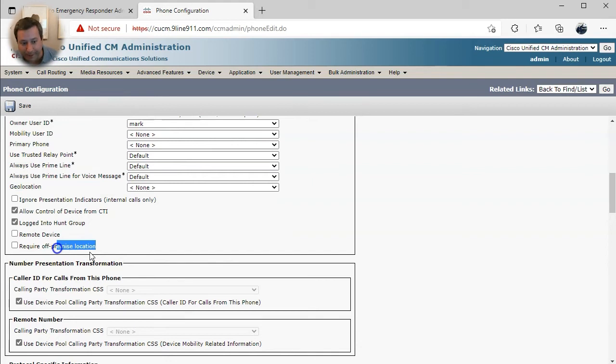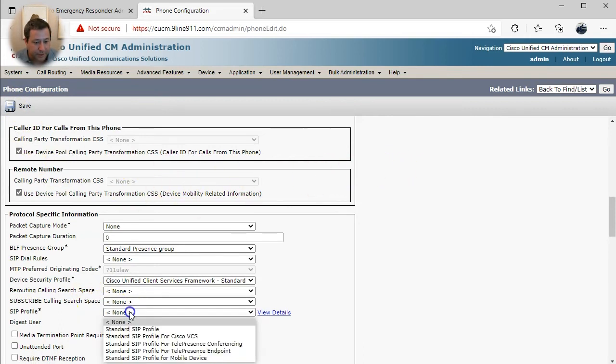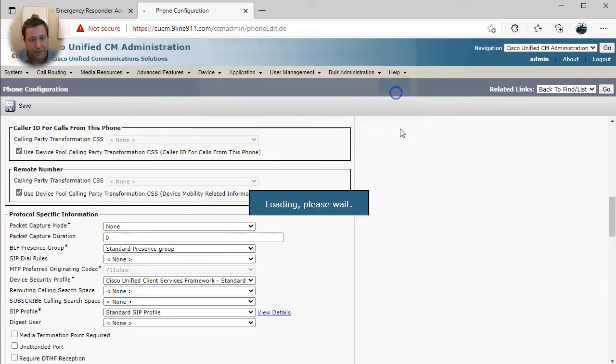and only the physical phones and IP communicators can do that. So if you pick this option on Jabber, it will never be able to make a call and register correctly, because the communications manager is going to be waiting for it to pick a location, and it can't pick a location, so it'll never register right. So even though the checkbox is present on the Jabber devices, do not pick it. Now, having said that, who knows, things might change in the future. So for right now, that's the way it works. Do not pick it. Go ahead and continue with our device security profile and